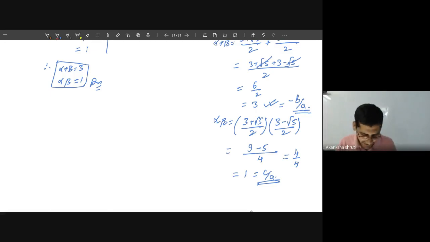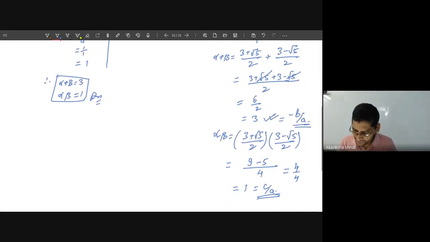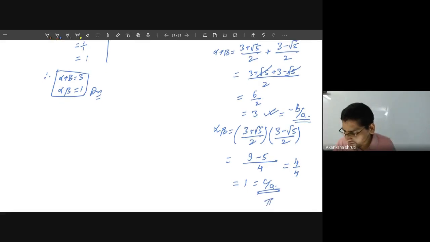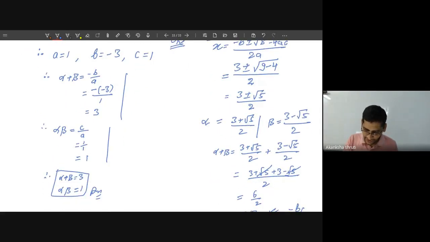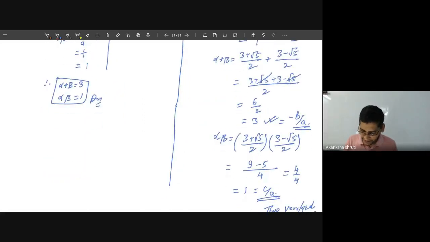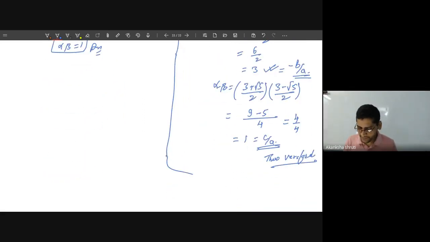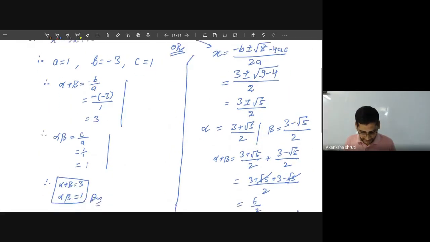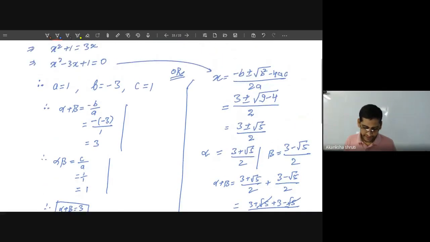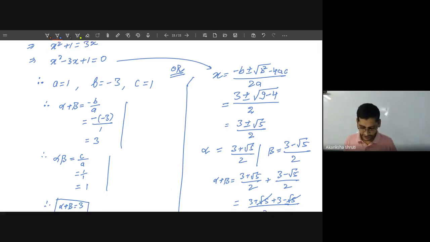So thus, comparing these two, we can write that whatever we have calculated is correct. So this way verification can also be done. So students, if verification is not required, then this one part is not required. Okay, this part is not required. Better to go by applying the formula only. If verification is required, you have to go that way also. In this way, you can do the other questions also.